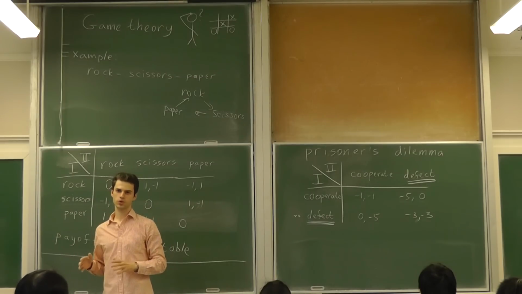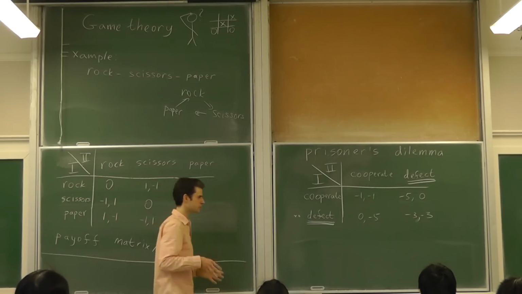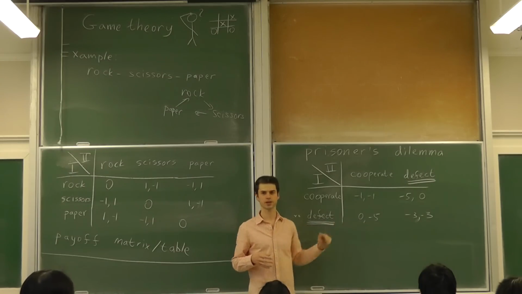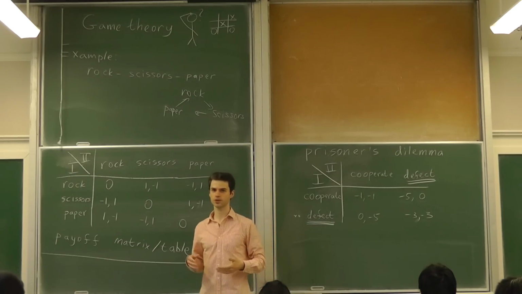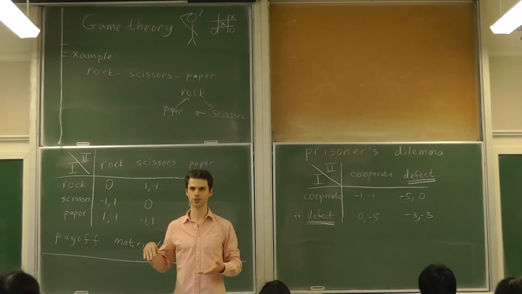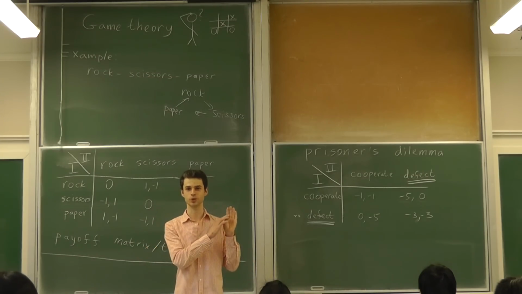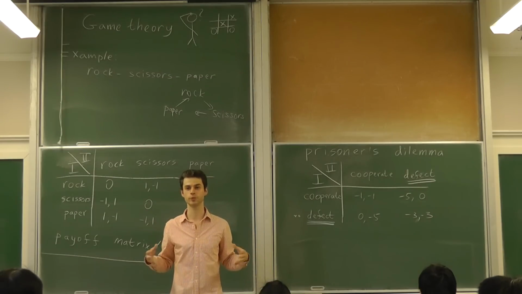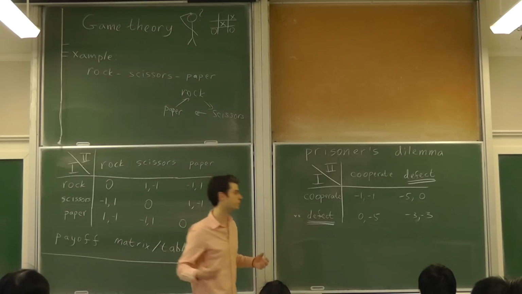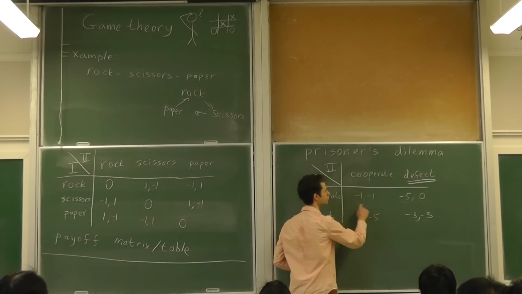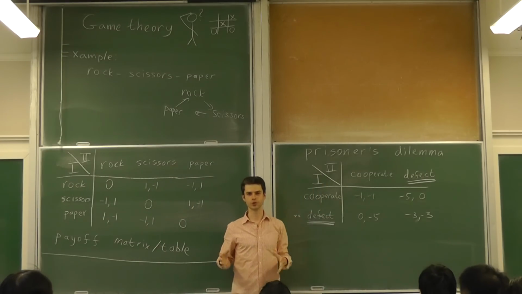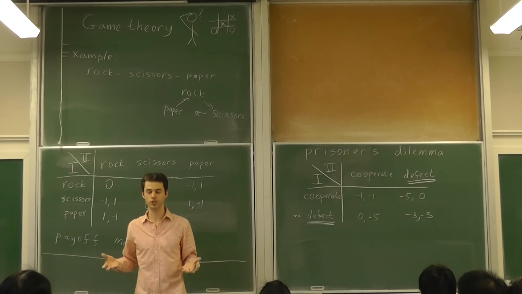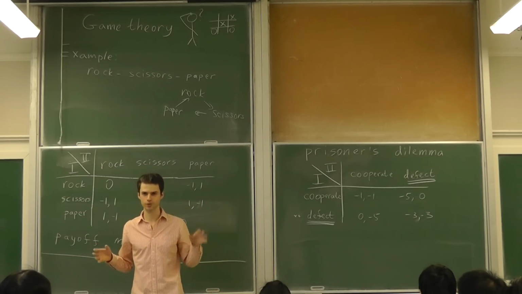So, if the participants in this kind of game are both rational agents, both will defect. And what is hidden behind these words, rational agents, is, first of all, that they cannot communicate, they cannot think together about a strategy which will be beneficial for both of them, which is, of course, this one. If you want to maximize their total utility,